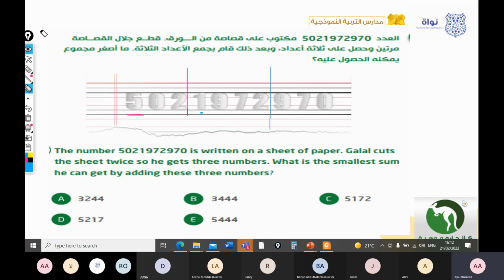When you add, if I cut between this, after cutting, if I get 1,000, the greatest place value, if I get a great number, that means I have a mistake. I will try to get the smallest number. So now I have 0 on the thousands, 1 on the thousands, 0 on the thousands. So now it's smallest. Now let's add